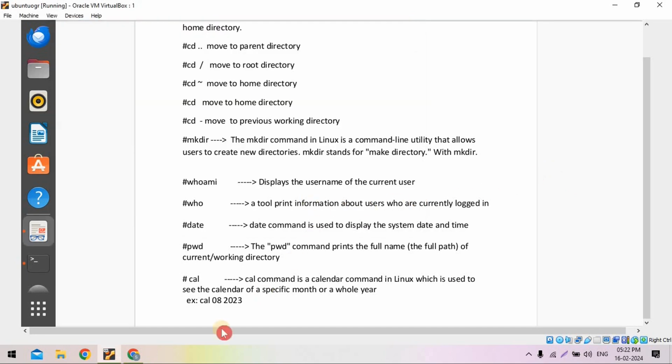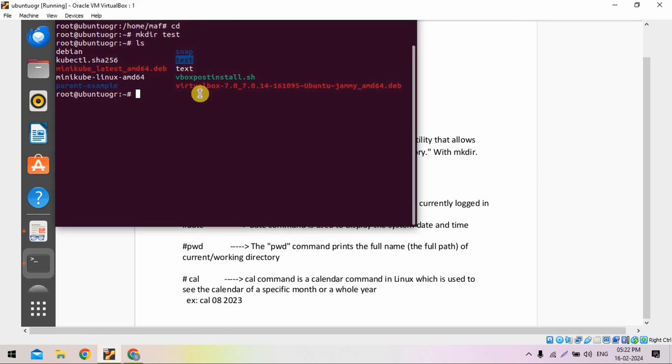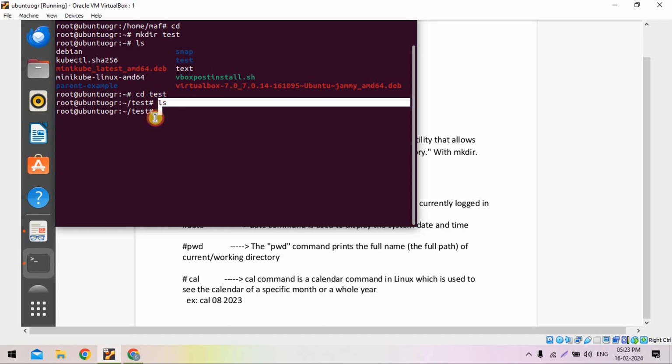In case you want to create two more directories inside this test directory, how are you going to do it? Go in with cd test. I entered into the test directory. Just do the ls command. There is no directory or file in the test directory. It's empty. So create it with mkdir